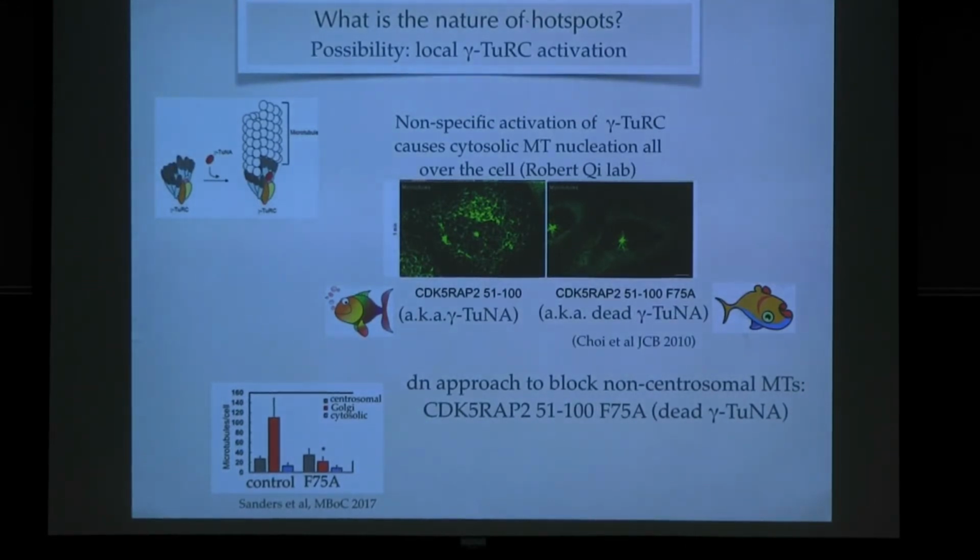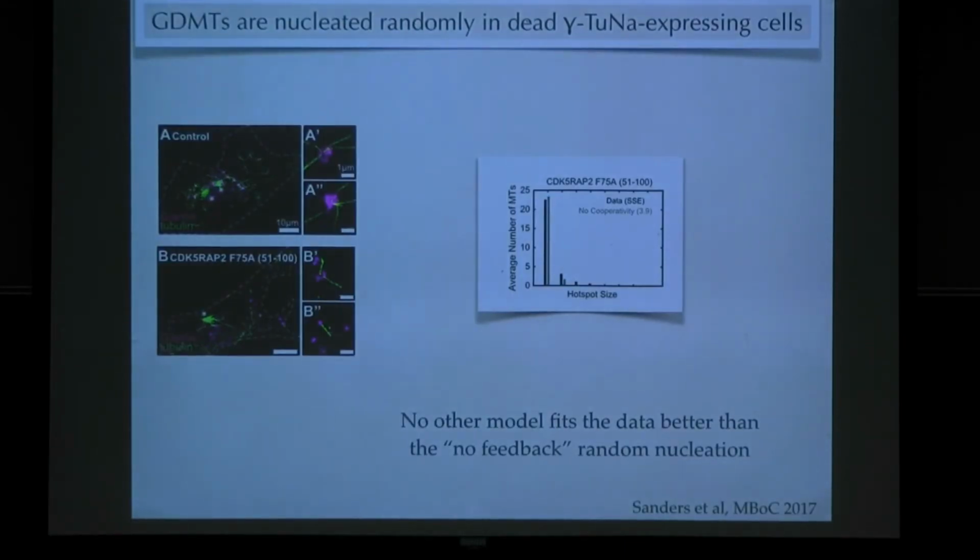So this works. We have this quantification down here, which shows that the amount of Golgi-derived microtubules is significantly decreased when we express this dominant negative construct. But it is not completely lost. Actually, we don't have so far a way to completely eliminate Golgi-derived microtubules in cells. Whatever we tested, we don't have a tool that works all or nothing. But for this project, it was actually good because we still had some microtubules being formed, but their distribution only fit with the